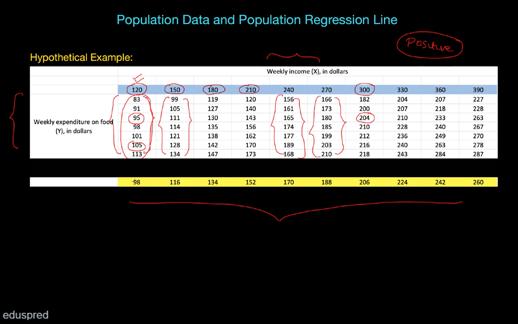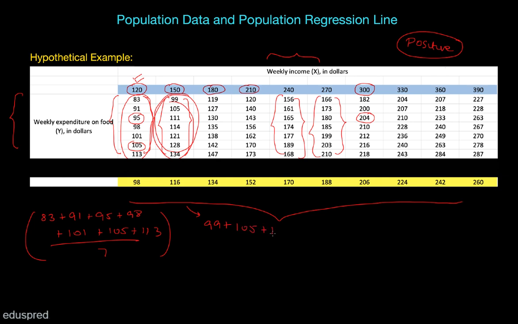So this 98 that you see over here is 83 plus 91 plus 95 plus 98 plus 101 plus 105 plus 113 divided by 7. This is how this 98 is coming. So I have taken the average of the weekly expenditure on food for these 7 households. Similarly, this 116 that you see over here is actually the average of the weekly expenditure on food for these particular households. Okay, so this 116 is 99 plus 105 plus 111 and this is going on till 134